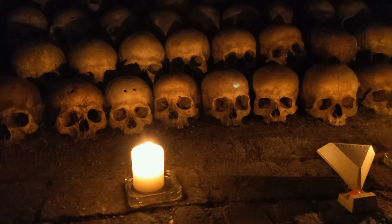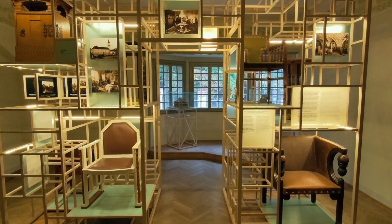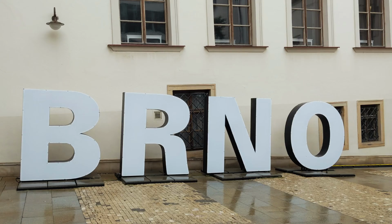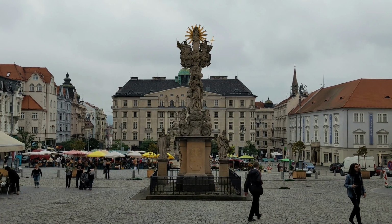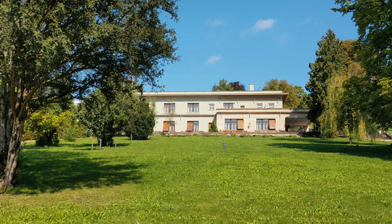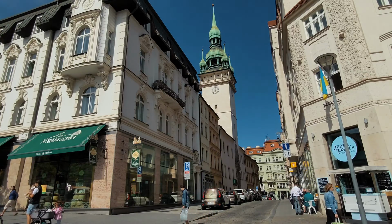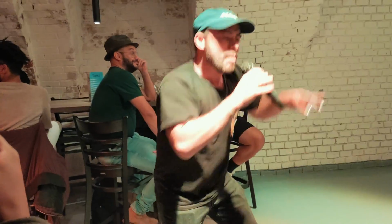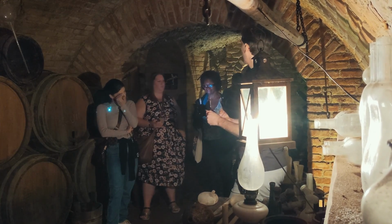Located at the confluence of the Svitava and Svratka rivers, Brno has about 380,000 inhabitants, making it the second largest city in the Czech Republic, after the capital, Prague. We are spending the next week in Brno, giving us enough time to show you its villas, museums, old historic city centre and anything else that you could do in this beautiful city, including the first stop, a visit to